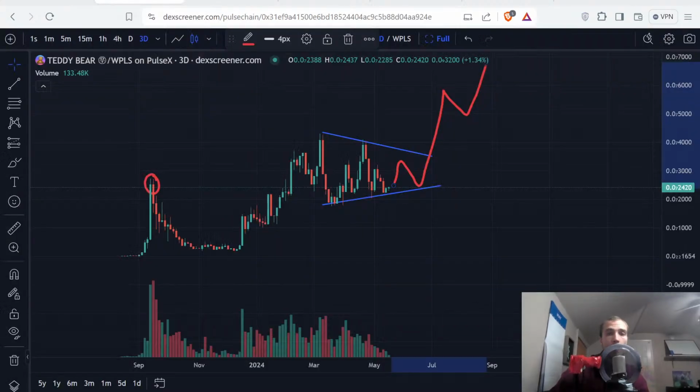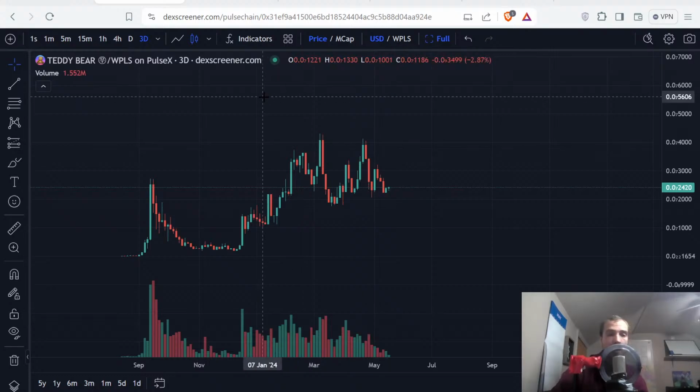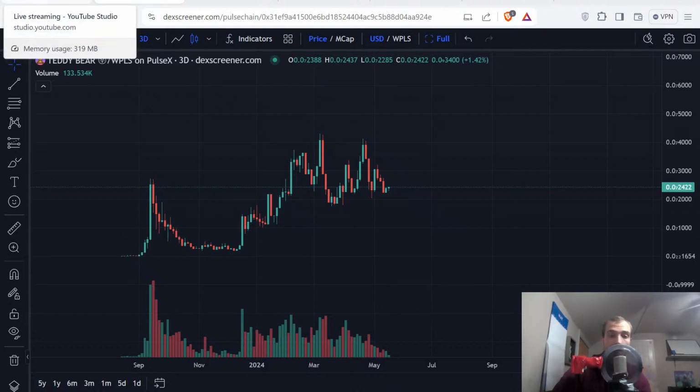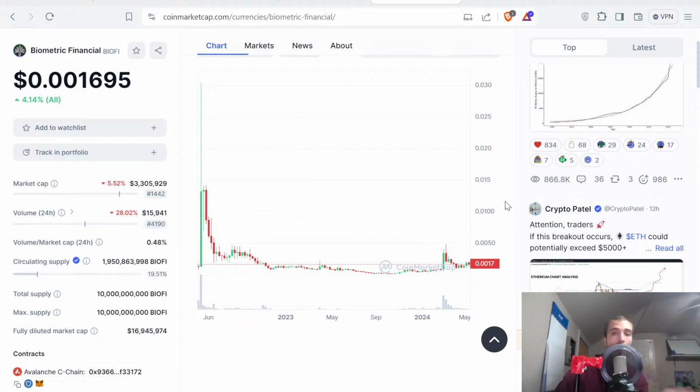I know it sounds like I'm a politician sometimes and a preacher other times, because I say things that sound like you'd want to hear, and other times I say things that sound like I'm being rude when I'm not trying to. But I'm just telling you guys what I honestly see, and what I honestly see is a double bottom breakout